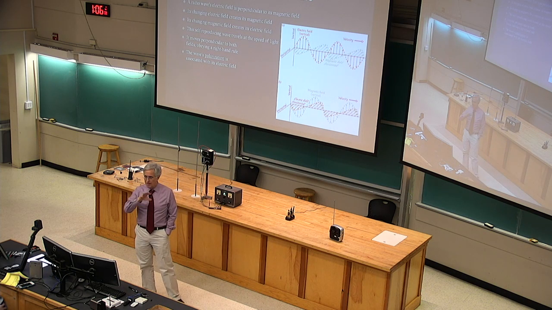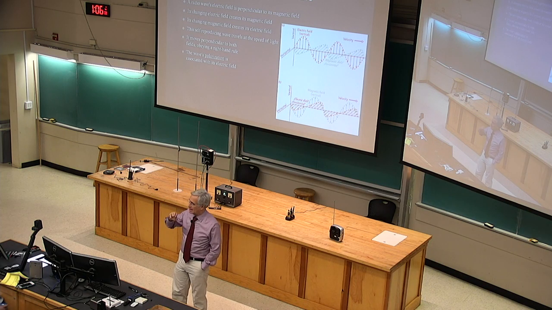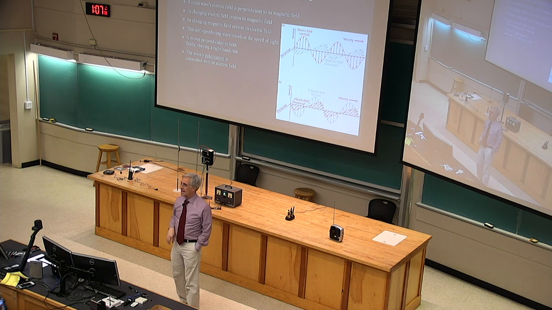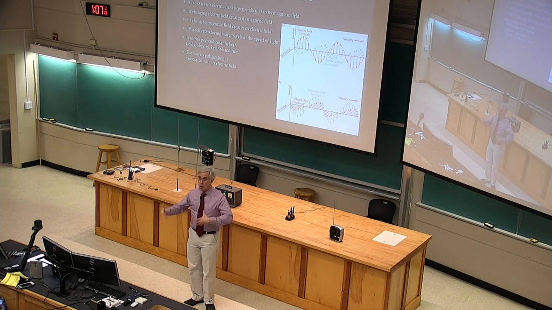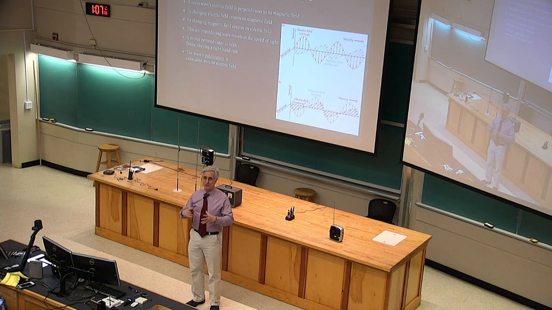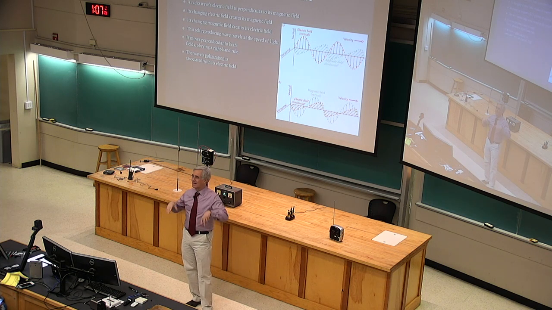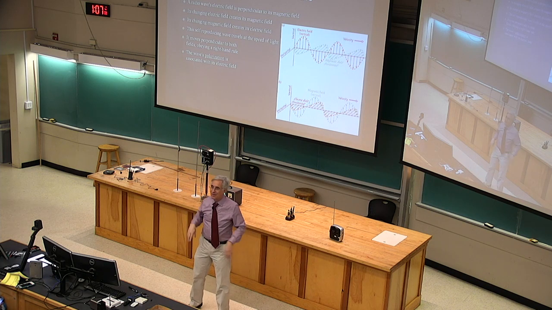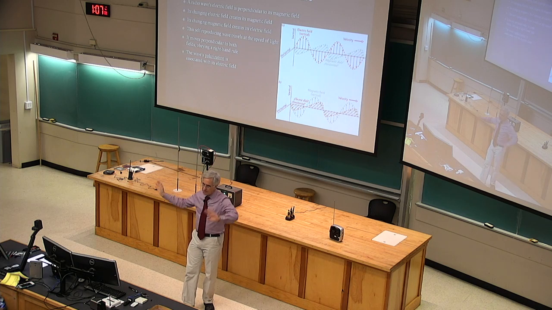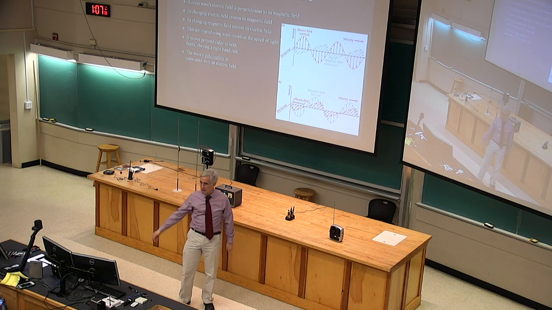as long as there's nothing present through which the light's traveling. It's not traveling through anything, like air counts. Air is something. Light can travel through empty space, and then it travels at the speed of light. When you start putting stuff in space, like air or glass or plastic or water, light actually slows down a bit because it polarizes those materials. It pushes the charges around in those materials, and that causes the light, in effect, to linger. It gets tangled up with the materials that it's polarizing, and it slows down a bit, which is a story we'll come to. But for right now, you can think in terms of empty space.